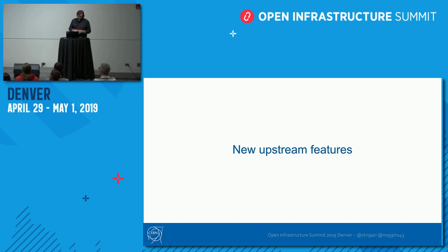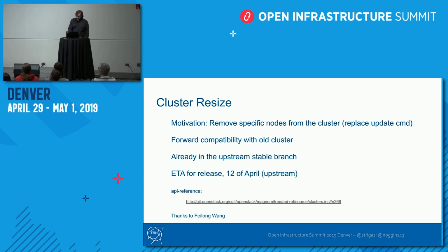And now a few words on the new upstream features that we have implemented in our team, with great help from Phelan, who is the new PTL of Magnum for the Train release. What came up many times from users is that they wanted to delete a specific node, and until recently that wasn't possible. They could only decrease the node count of the cluster. So now they can target with the UUID or the index of the node which node they want to remove, and Magnum will take care of it. This is released in Stein, and